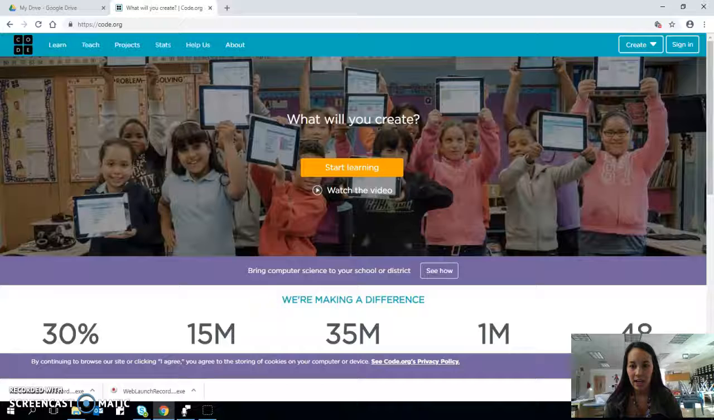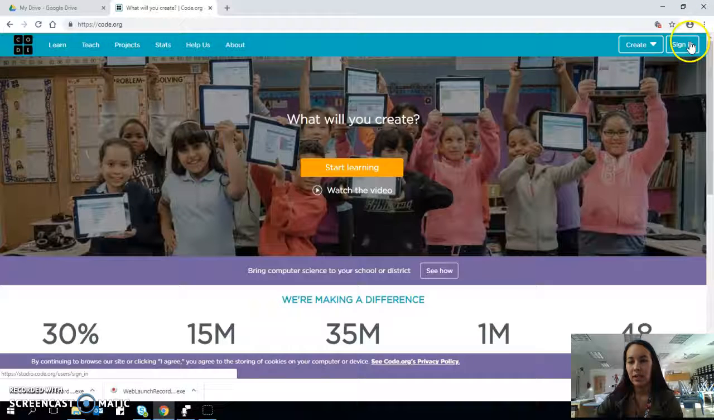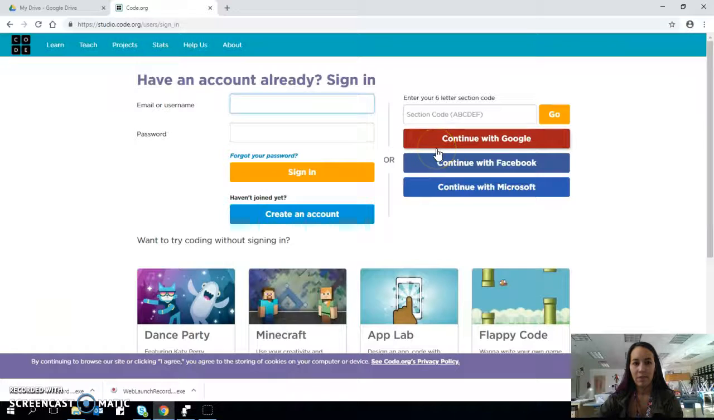So the first thing that I need for you to do, you are going to go to your web browser once you've logged into your computers and go to code.org. Once you get to the web page, in the top right corner you're going to click on Sign In, and it's going to have multiple options. You don't actually have to create a new account for this, but if you click Continue with Google, it's going to pop up with your